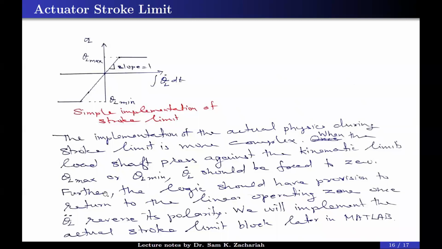But the problem is, it is not like our simple amplifier limit. In the simple amplifier limit, whatever signal is coming, if it exceeds plus VCC, we simply clamp it. And if it is going below minus VCC, there also we simply clamp it to minus VCC. But here, this operation is not that simple, because it is coming out of a dynamical system. That's why I specifically put integral theta L dot. There is an associated velocity, acceleration, force, everything is there.